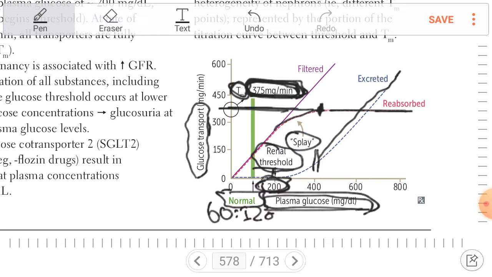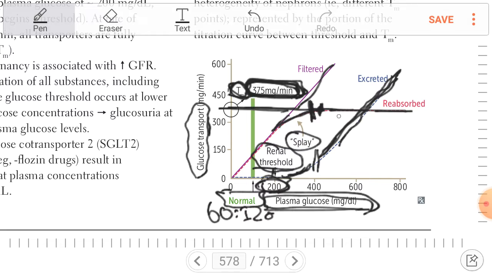From this moment, which is 375 until reaching 400. But exactly it's 375, which is called TM. So all sodium glucose co-transporters are saturated. So there is complete inhibition of reabsorption and the excretion of all glucose after 375. So this is the filtration and this is the excretion that will increase after 375 because there is no reabsorption of glucose after 375, but it's slightly increasing here, which is